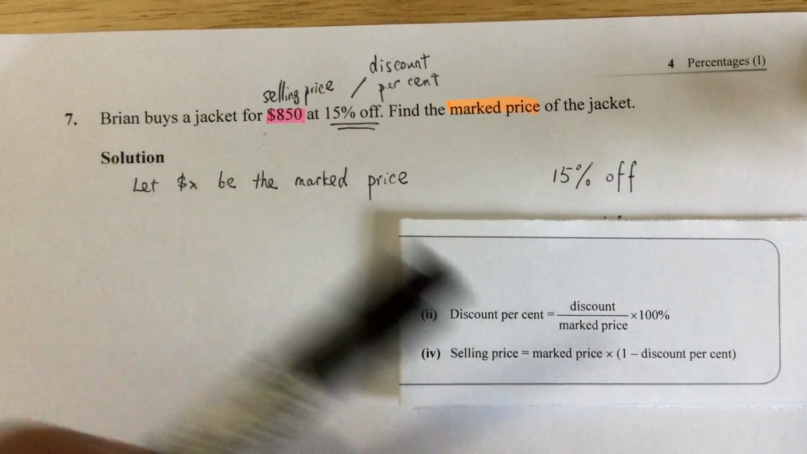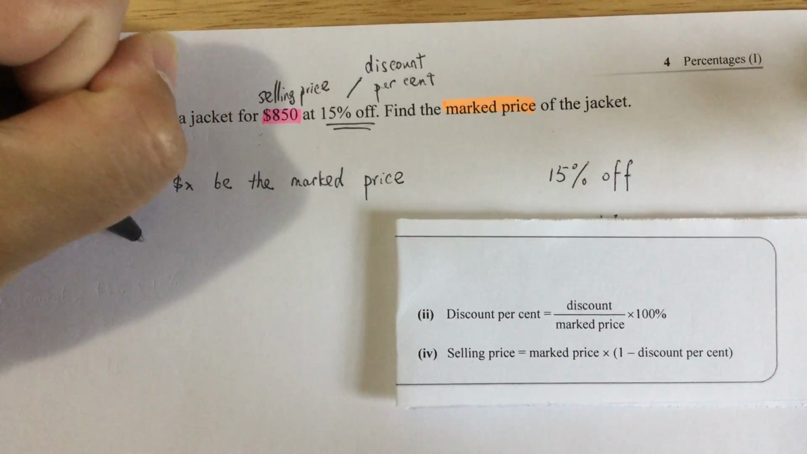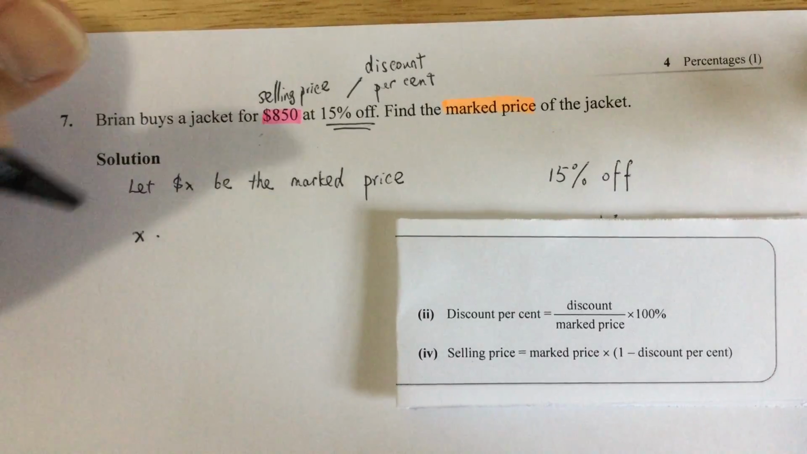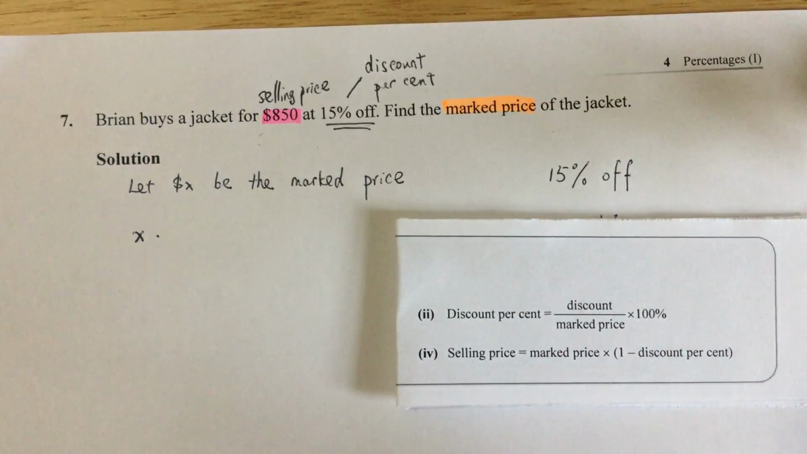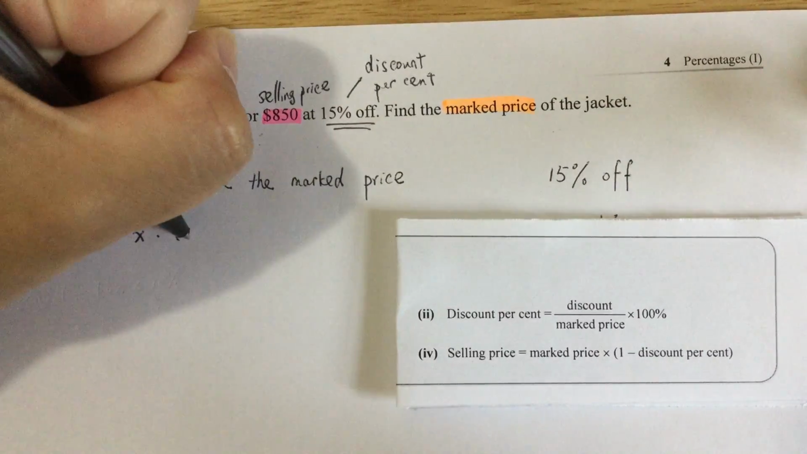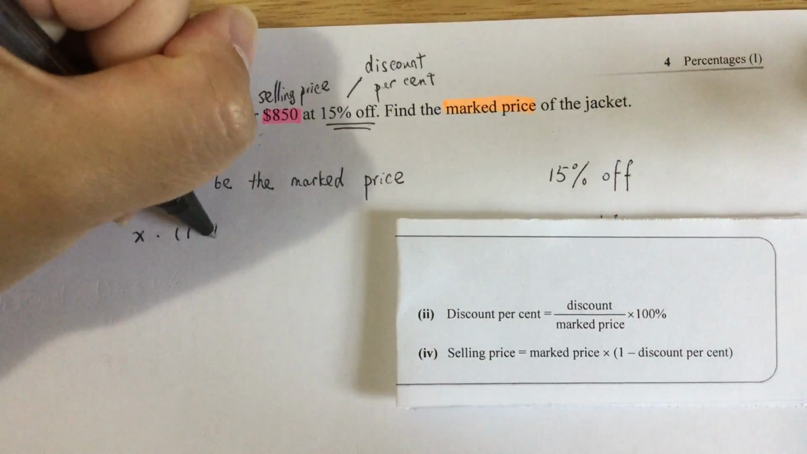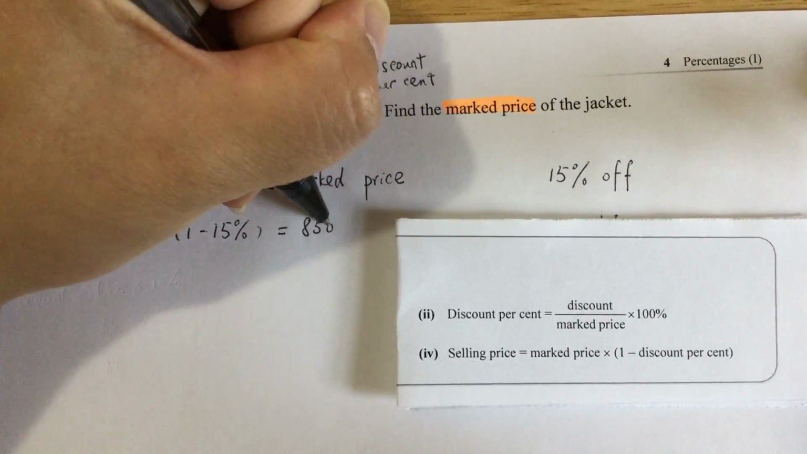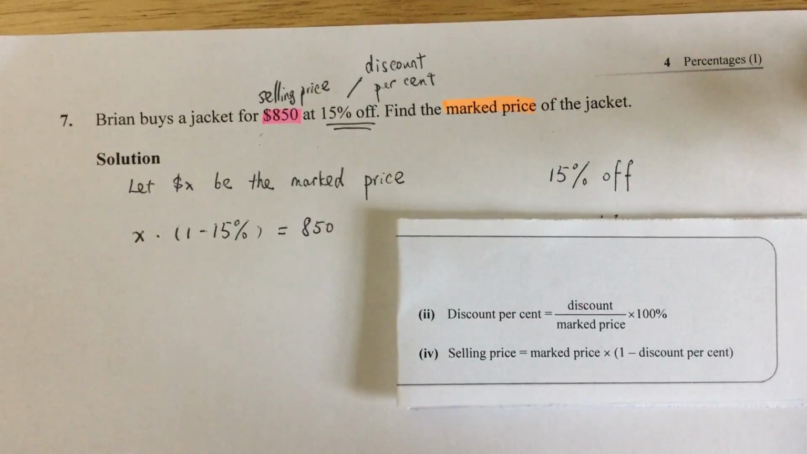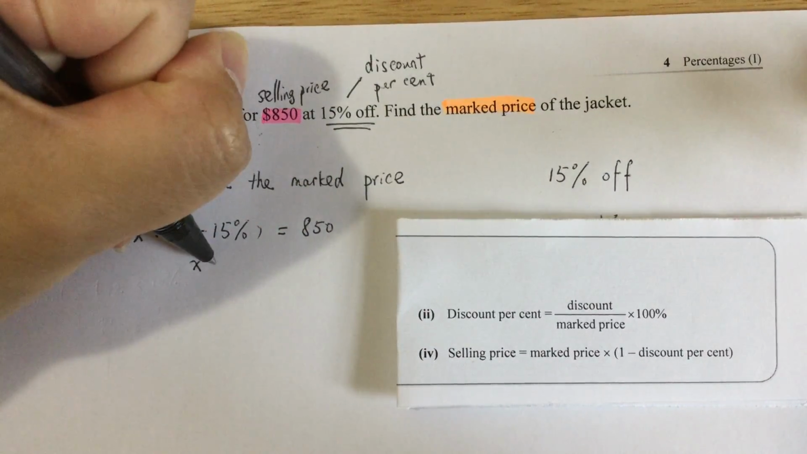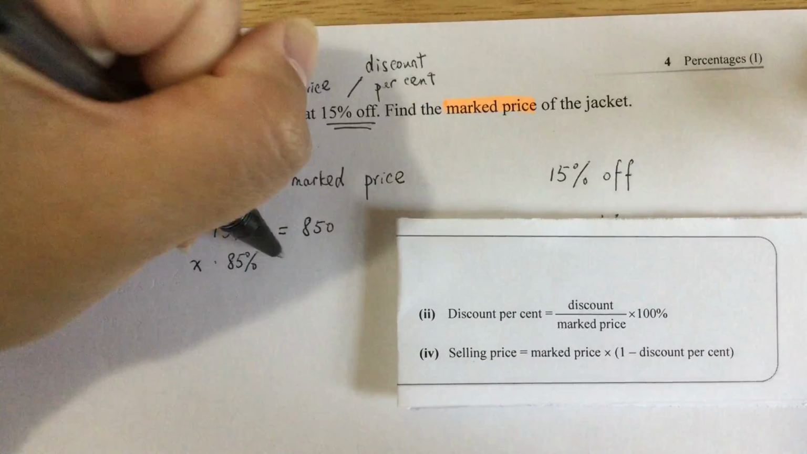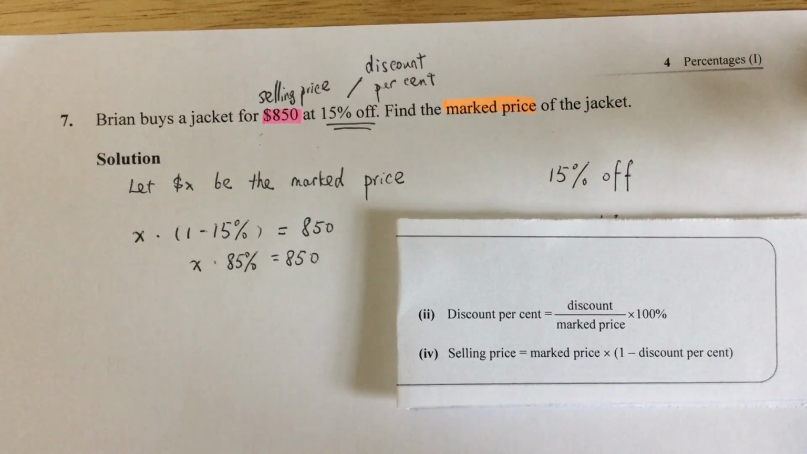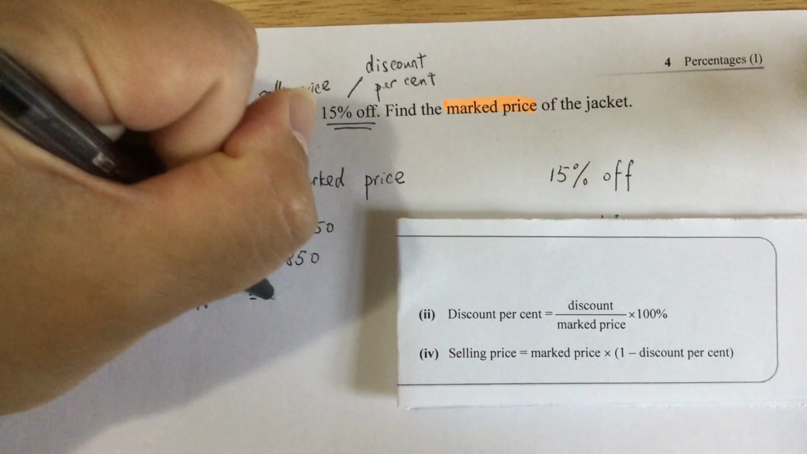And we have the formula. X is the mark price, so we write x here, times, and I use this dot as times because sometimes I don't want to mix the x and the cross up. Then we have 1 minus 15%, and it equals the selling price, $850. So you have x times 85% equals 850. We have a very good cancellation here. So x equals 850